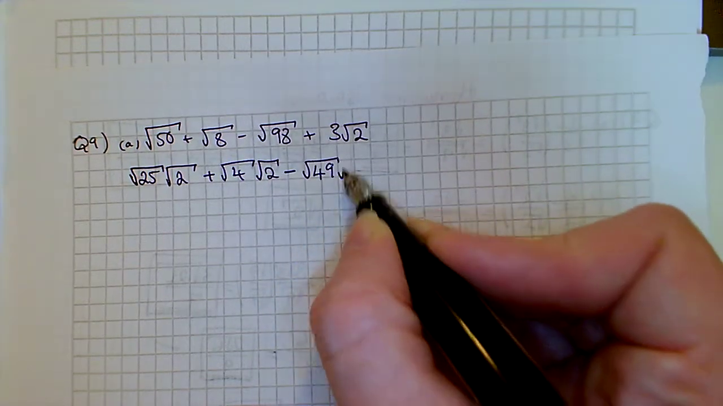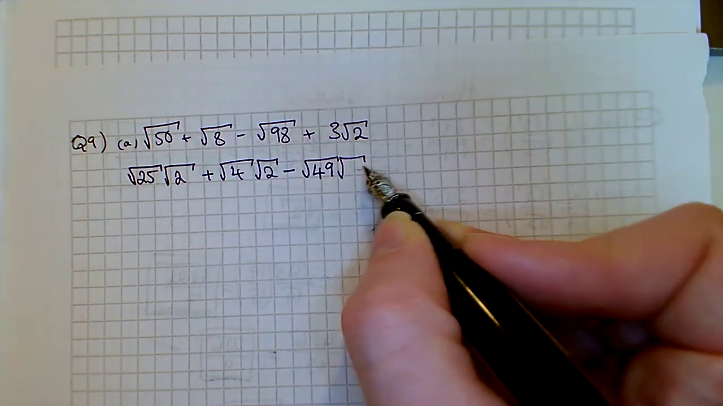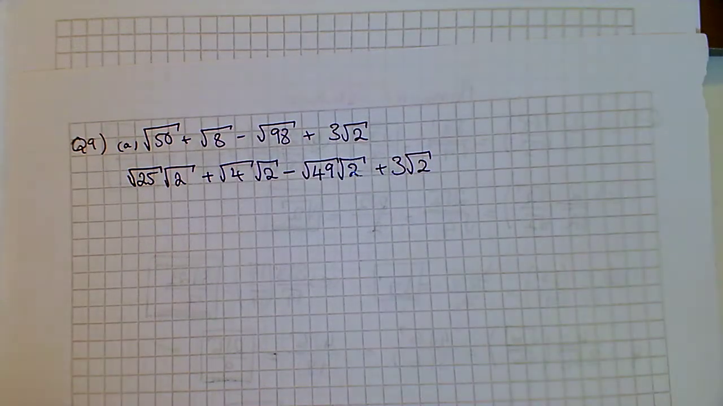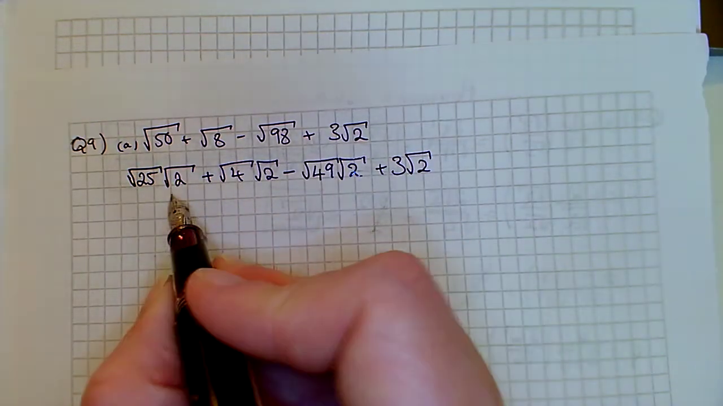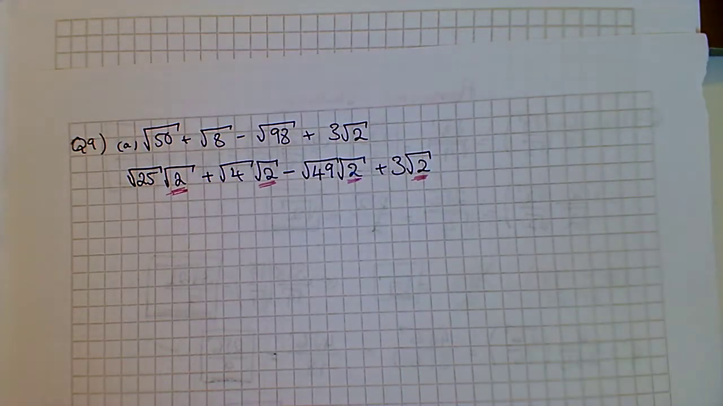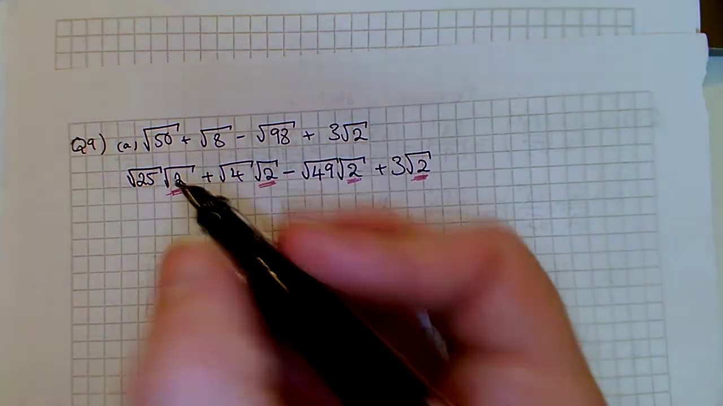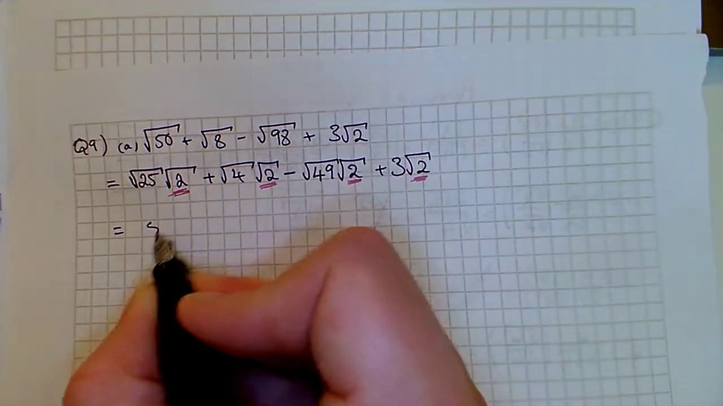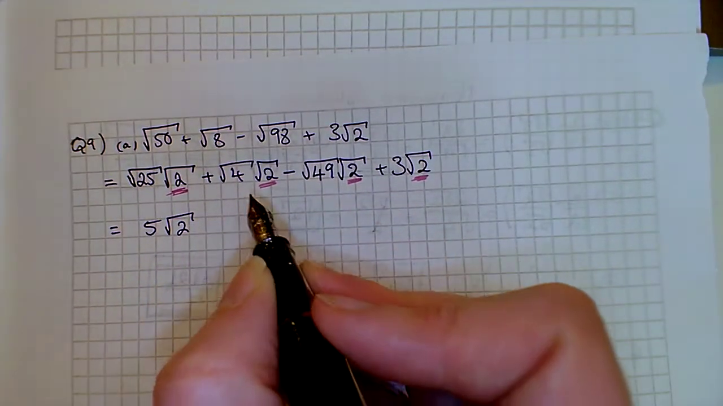49 divides into 98, square root of 49 by root 2, plus 3 times the square root of 2. And we notice that we have the same radical in every term. So we're going to be able to simplify this quite a lot once we apply our square roots. So the square root of 25 is 5. We've got 5 root 2